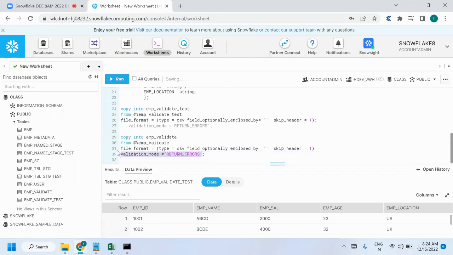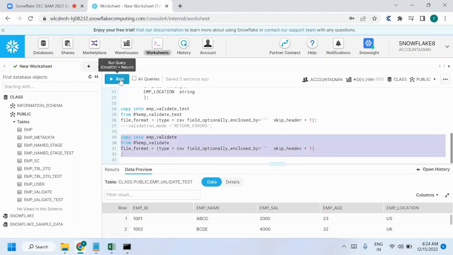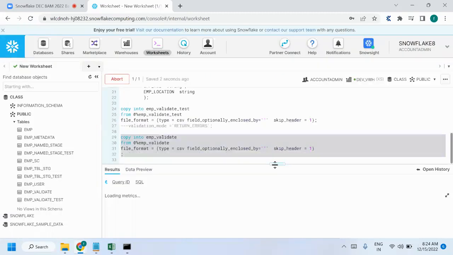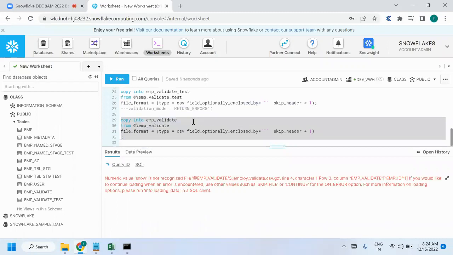Because of the errors, right? Because of the data types. If you observe, it will throw the error. It will not allow you to load. Now, if you wanted to continue with only valid records, and ignore the invalid records, then what you can